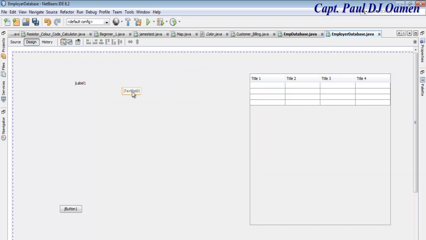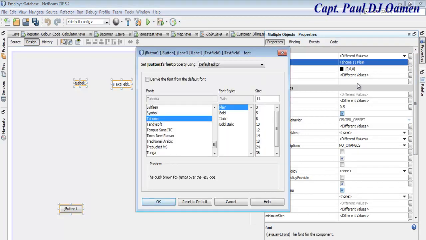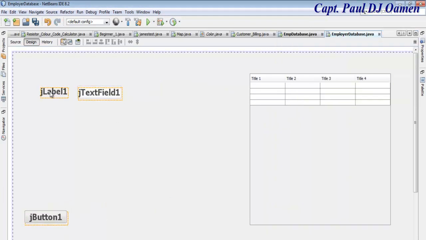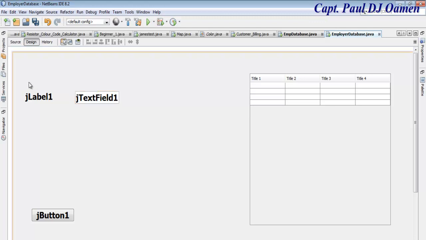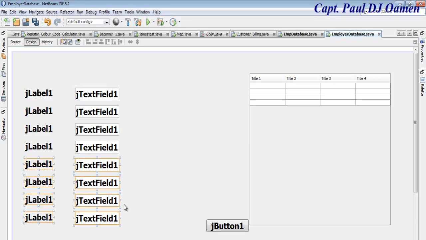Now for these components, in fact all of these components together, select it all, go straight to the properties, and let's increase the font size to something readable. So I'm going to make that bold, 24 there. That is good enough. Now select these two, move them apart a little bit more. I'm going to need 8 of those. Copy, paste, drag. Now copy both of those, paste and drag again, and copy one more time. Alright, now I have 8 of those on board,